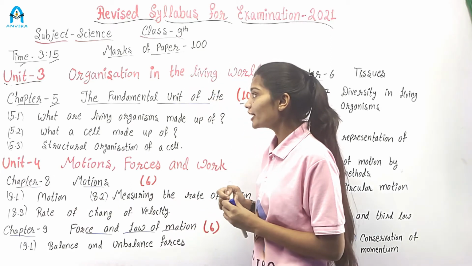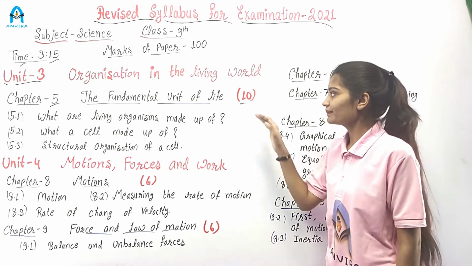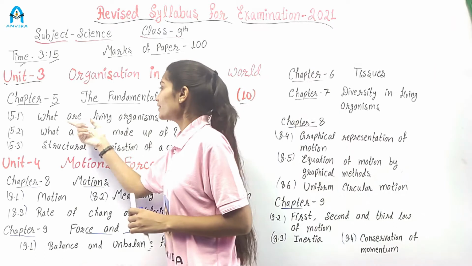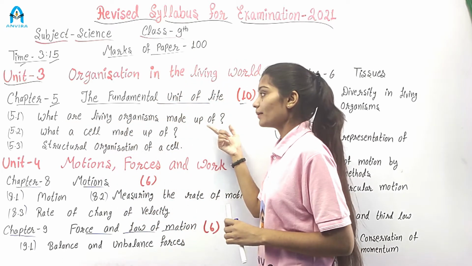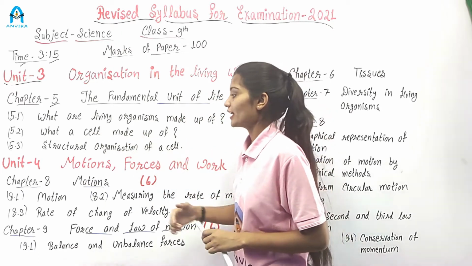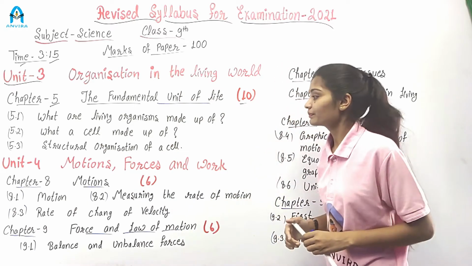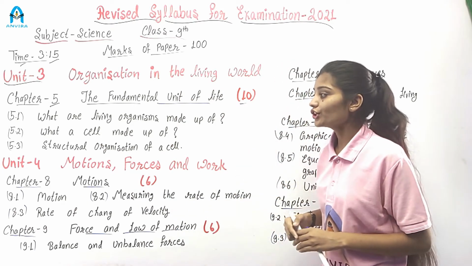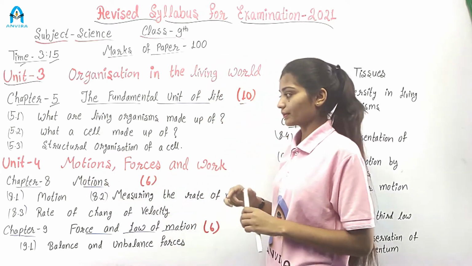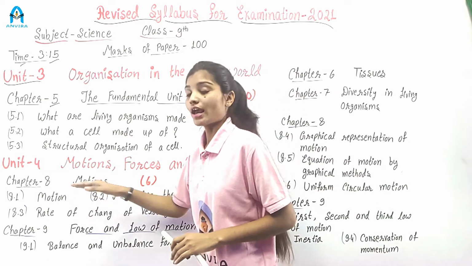which is the fundamental unit of life and the total marks for this chapter is 10 and the topics are what are living organisms made up of, what is a cell made up of, and last one is structural organization of a cell. Next unit, unit 4th, motions, forces and work, in which chapter 8th which is motion and the total